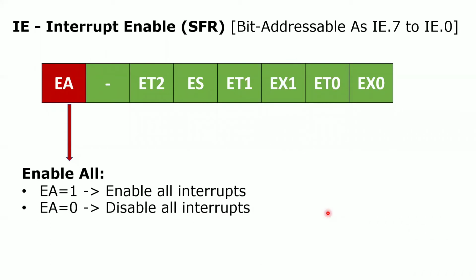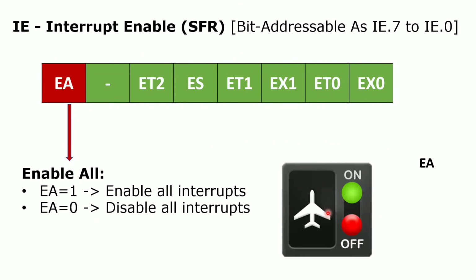Similarly in your mobile phone, you can block persons individually, or block the persons at the same time. Just like your airplane mode, you know airplane mode consists of on and off. If you turn on the airplane mode, it means I am disabling all the interrupts. Whenever I turn off the airplane mode, it means I am enabling all the interrupts. Understood this much? So if you want, you can still enable these bits individually, or you can enable them globally.